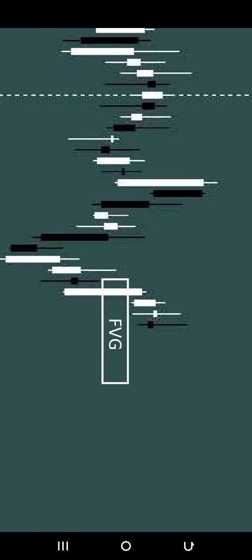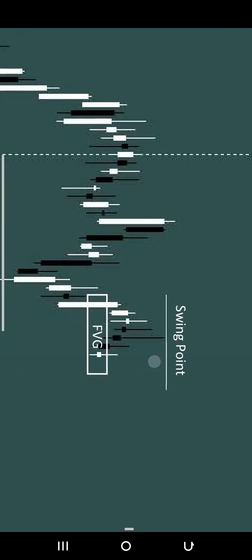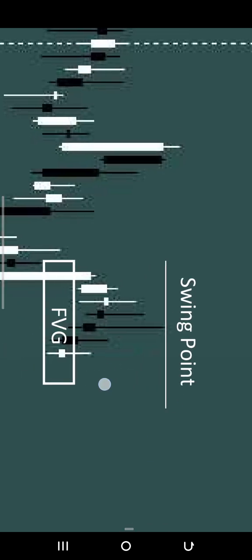So we will be waiting for price to come into this fair value gap, because as we have established, fair value gap is a magnet. It magnetizes price towards itself, and when price gets into this fair value gap, it will definitely reject price. So now let's see what it eventually did. Now look at this. It eventually magnetizes price towards itself.